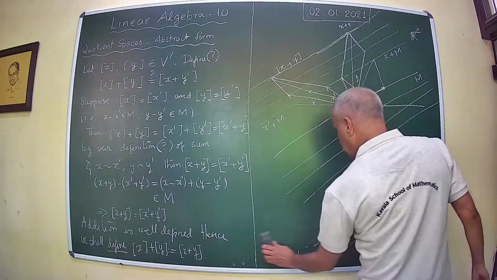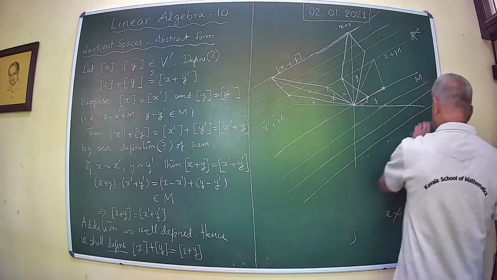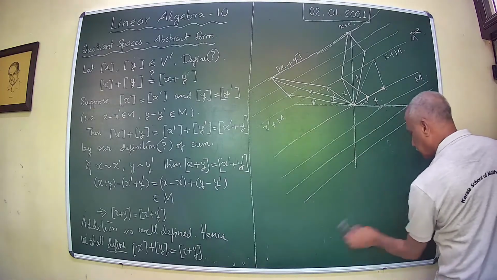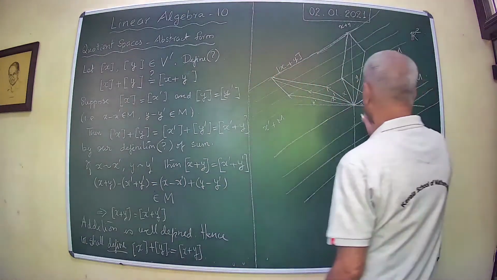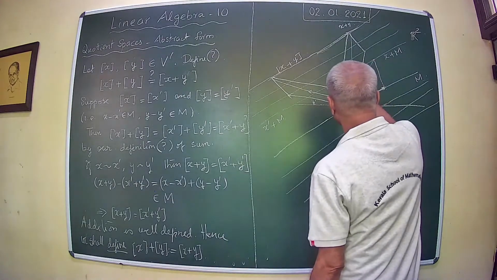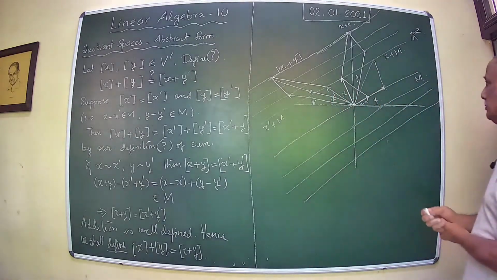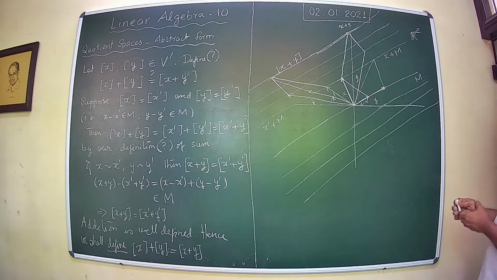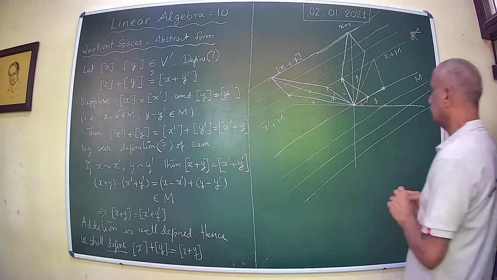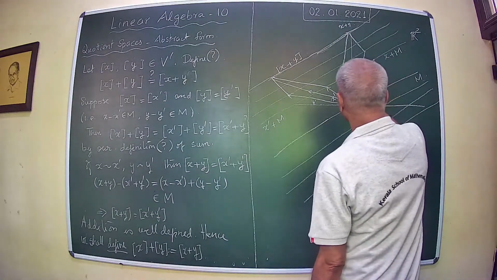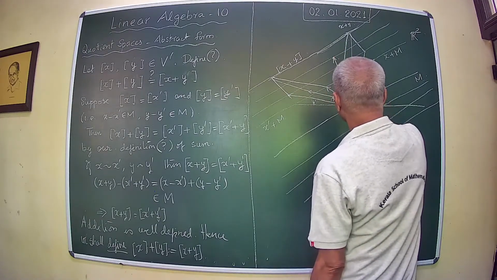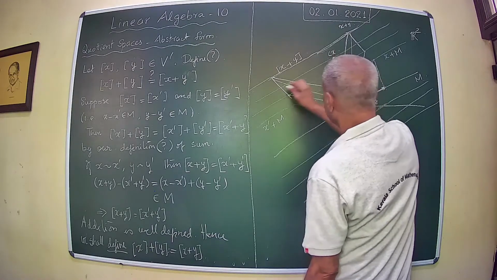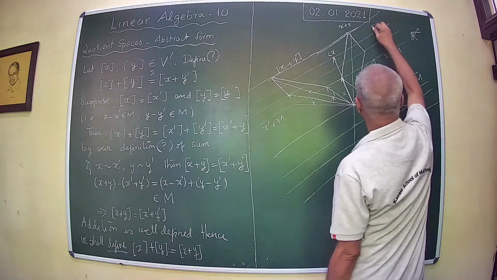What happens to the scalar multiplication? Does it also follow the same sort of thing? That is, we start with an x. Now, what about alpha x? See, alpha x or cx, suppose this is x and this is cx, then this line is what you call